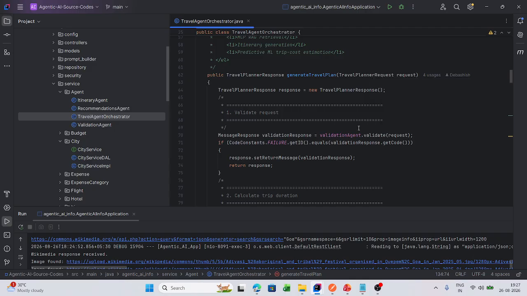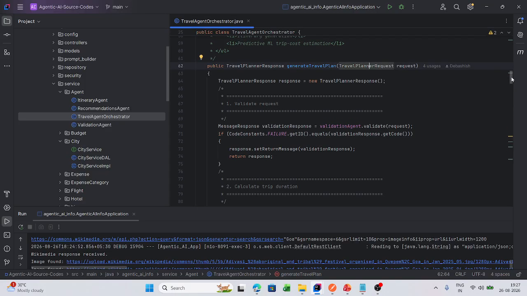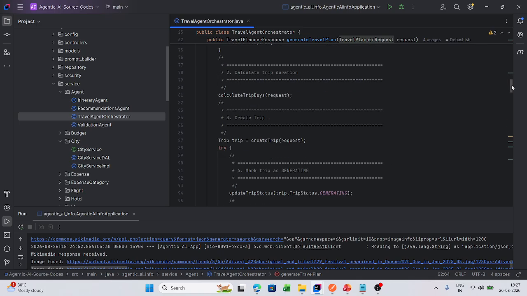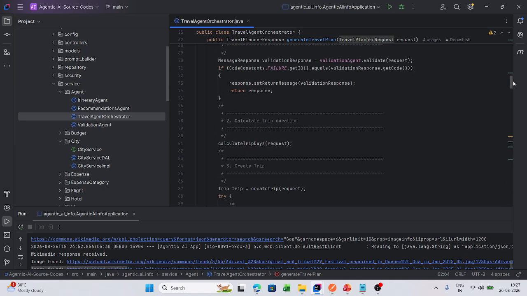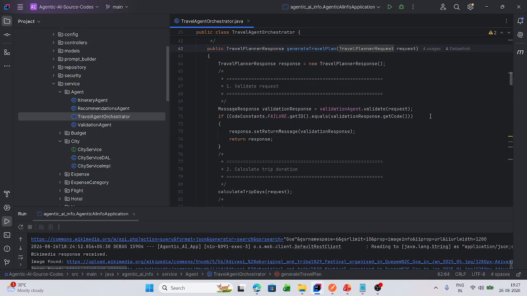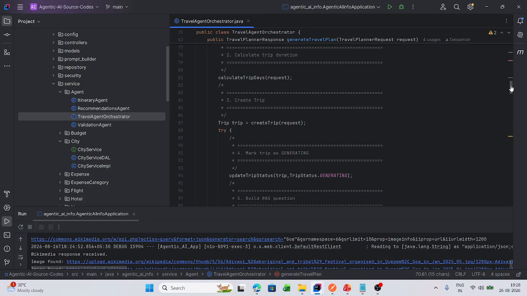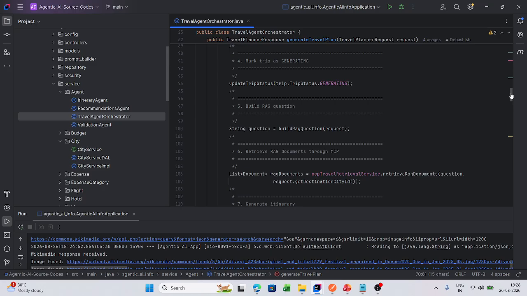If it is voice, you need to convert that too. After that, we need to validate it. Somewhere down the line we are doing these validations here. So if everything is fine, it will go to the